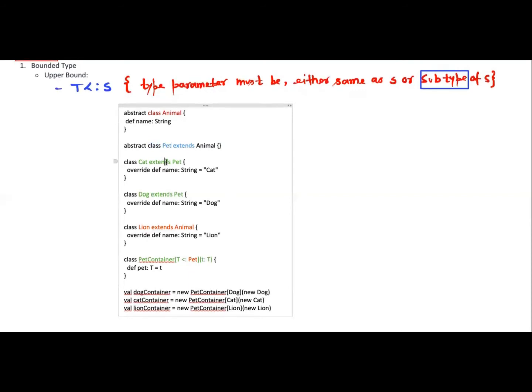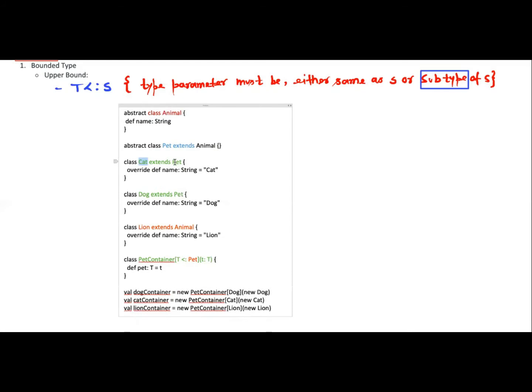So if we consider Pet as S, then what can be T? Cat is extending Pet, that is what we have written here. The type parameter must be either the same as S, or a subtype of S. So if we are talking about Cat, it is extending Pet.